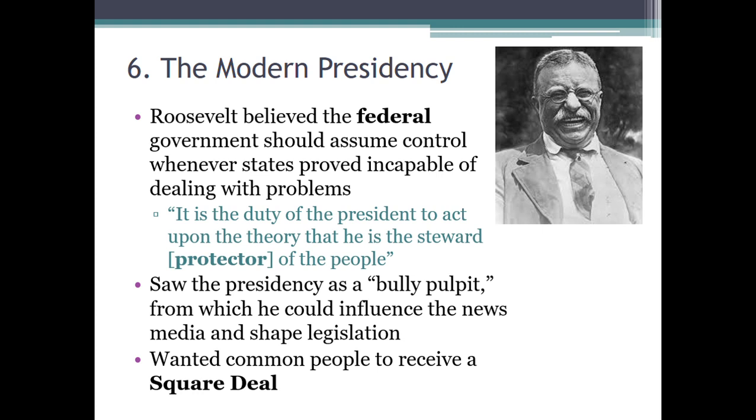So again, because he was enormously popular, he felt like he could use his popularity. He called it a bully pulpit. He could shape and influence events by getting out, by being in the news, by constantly getting attention. It's interesting if you think about right now, whether you like him or not, one of the things that President Trump is very good at is manipulating the news or getting his message to come across, using his own popularity with certain people to further his agenda. Theodore Roosevelt was one of the first to do that. He said he wanted all Americans to have a square deal, basically a fair shot.